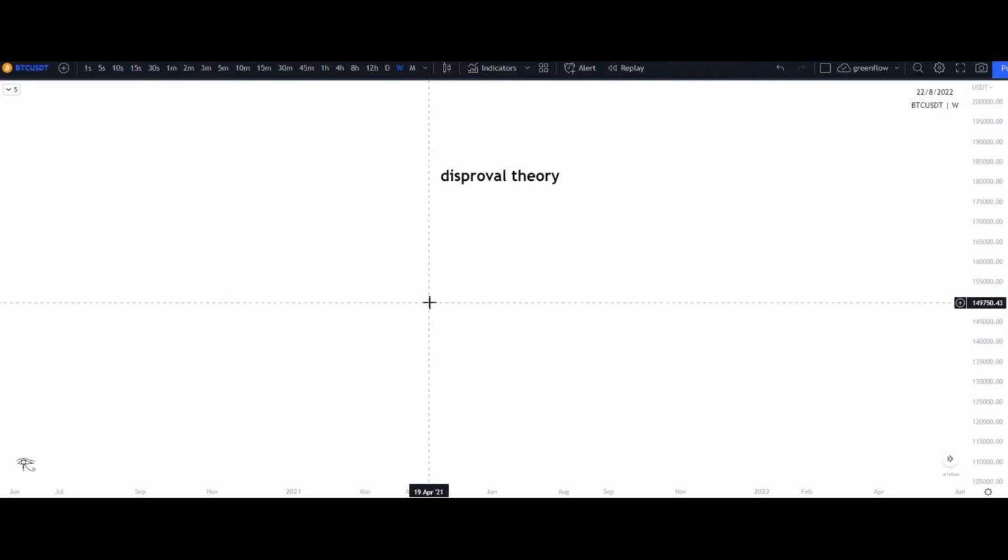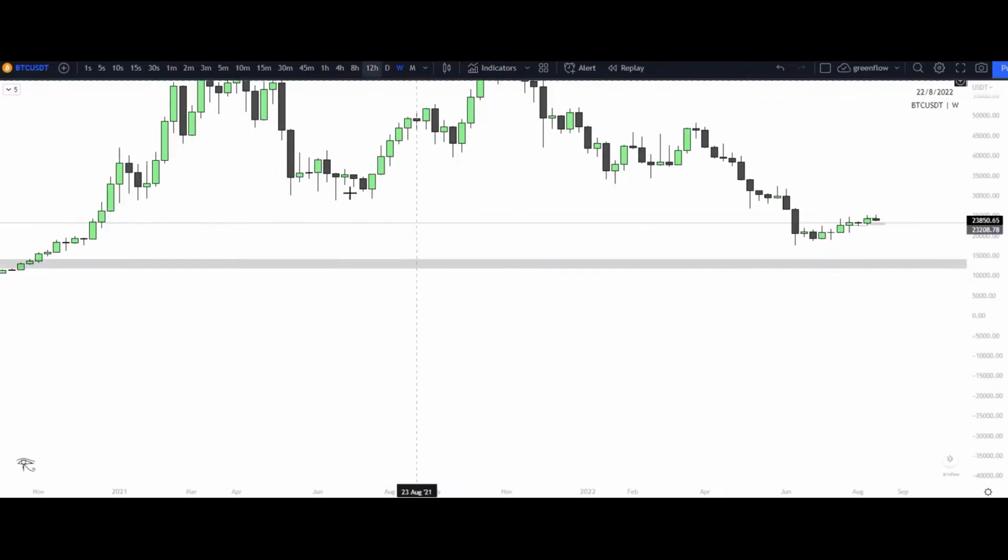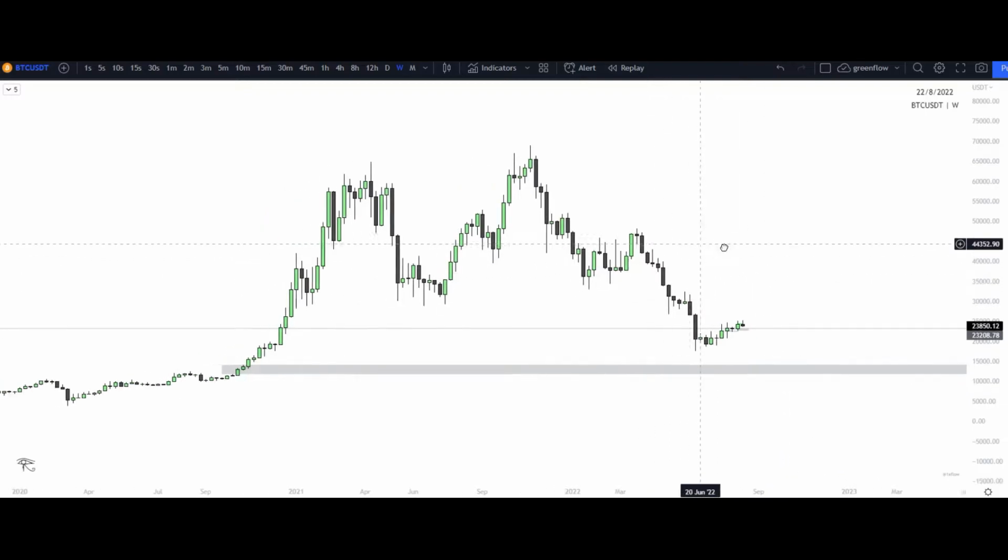And then we'll talk about our disproval theory, how we can disprove our style of analysis, how we know it's wrong, and why we want to know it's wrong in certain situations. And then we will also talk about a little GBP setup that was just present earlier this morning, how it was present, how it came to availability, and why retail was on the wrong side of the market during that entire time. So we don't need to worry about this right now. We'll just get straight into Bitcoin.